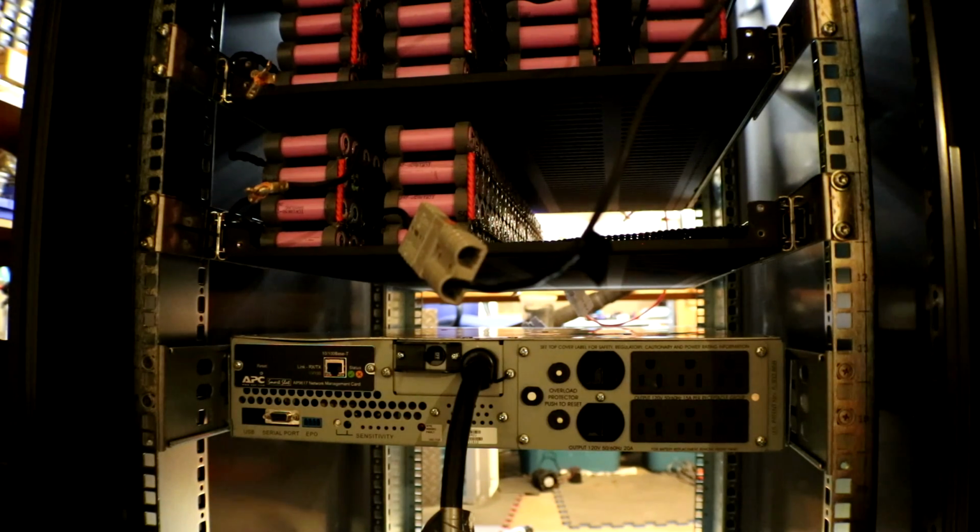Alright, so this is what the back side looks like. I've got all the room for the wiring and plugs or any kind of other crap that I need back here, so I think it worked out awesome. It was a little tricky trying to get that sucker in here, but...